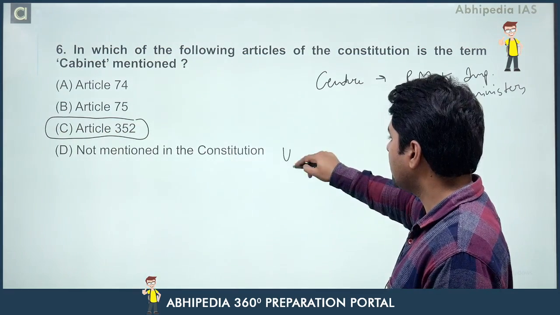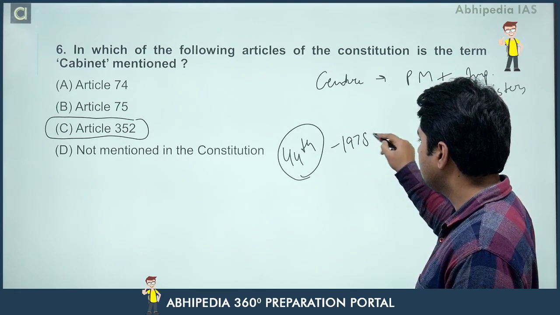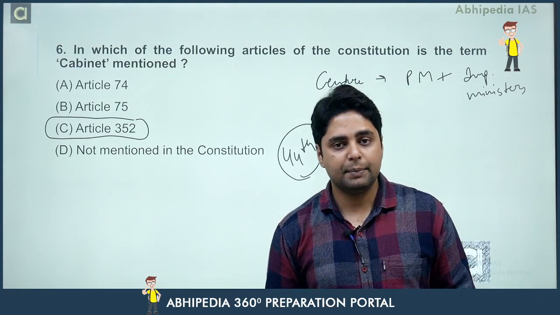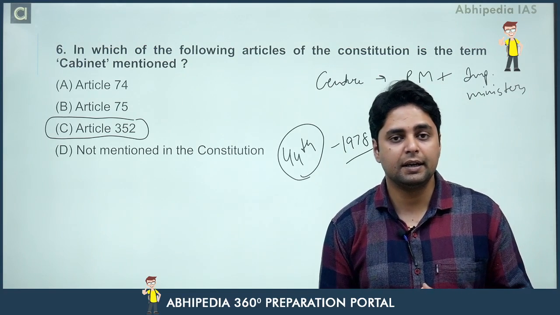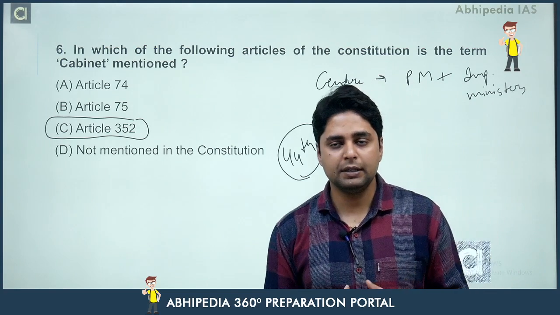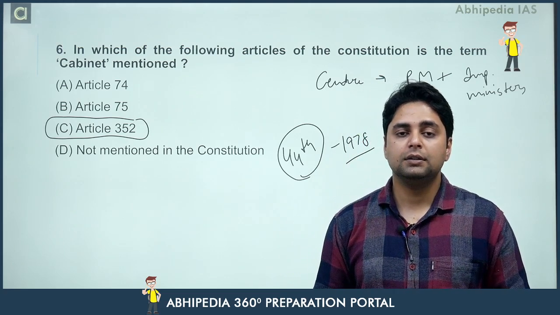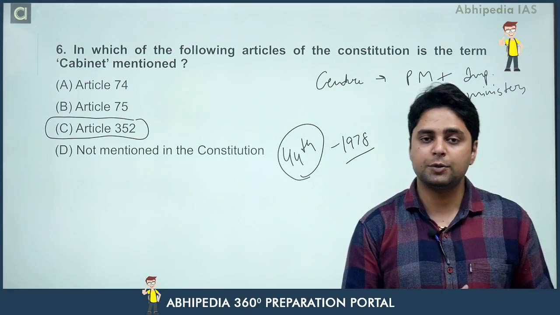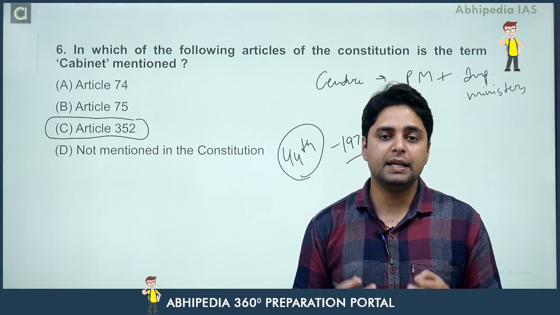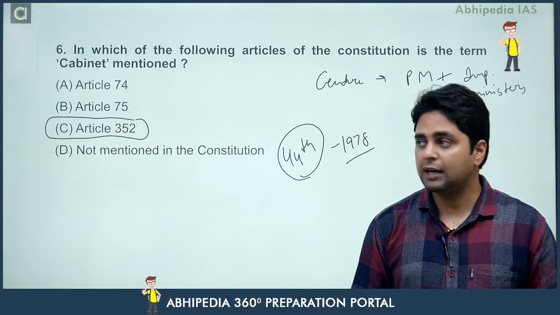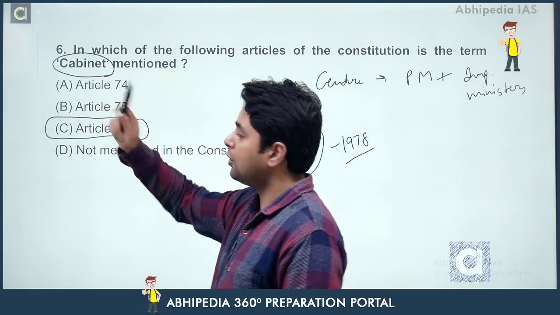Basically, the 44th Amendment to the Constitution in 1978 added the word cabinet, क्योंकि 1975-76 में नेशनल इमरजेंसी लगाई गई थी जो कि काफ़ी आर्बिट्रेरी थी, उसकी शायद ज़रूरत नहीं थी. But after that, the government, which was led by Mrs. Indira Gandhi, was ousted, the new government came into power and they made some changes in the constitution so that without the written approval of the cabinet the president cannot impose